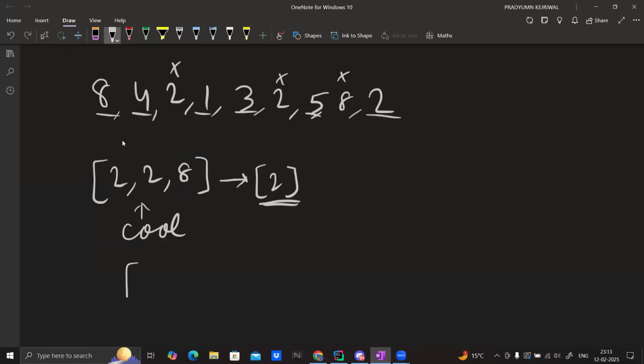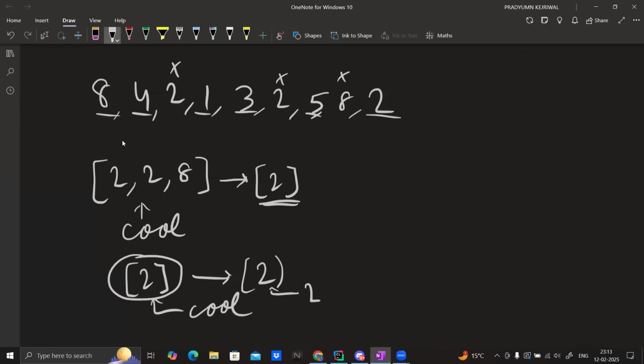So what can I say? That this is also cool, right? This one is also cool, because the subsequence of this is what? Just 2. There's only one subsequence of this array, which is just 2, and the average of this is 2. And since we know that 2 exists in the complement subsequence, this is also a cool subsequence. So what I'm saying is, if we have a cool subsequence of length greater than 1, then definitely